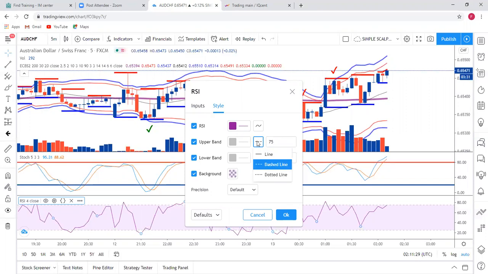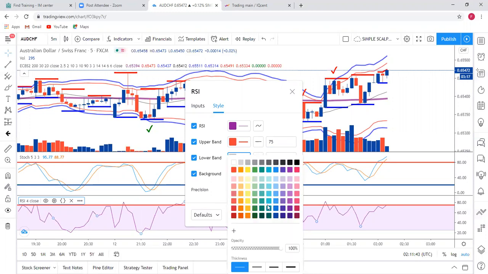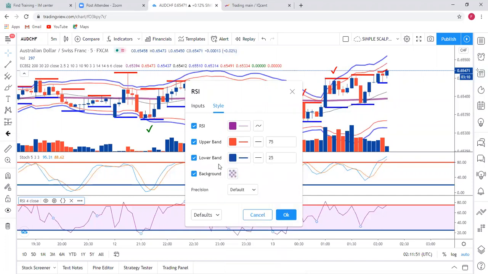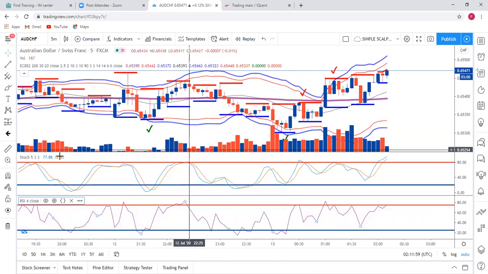This should be straight lines, straight lines. That's my upper band. My upper band should be the same thing. It should be red and it should be thick. And my lower band should be the same thing with what I just did. It should be blue and it should be thick. All right. So once I have that done, I'm going to remove the background and I'm going to save as default and OK. All right. So I'm good to go. This is what I actually use